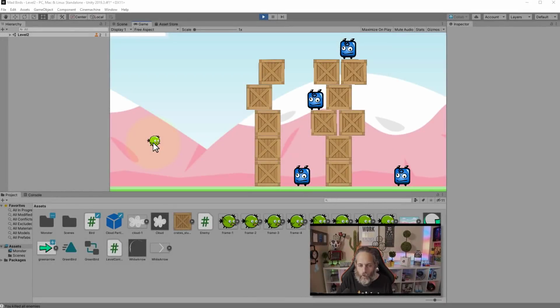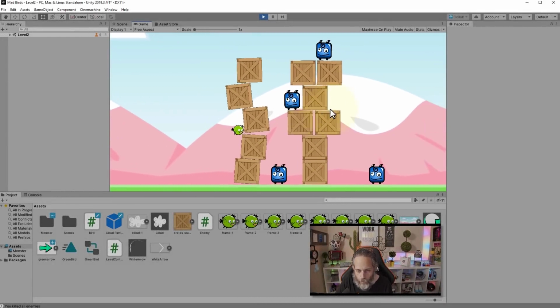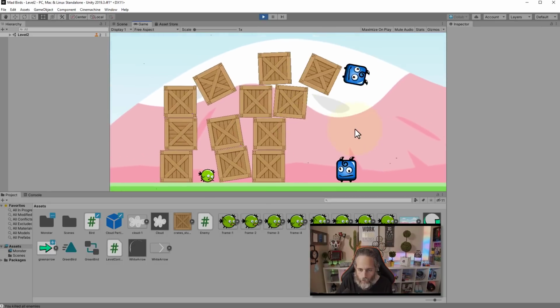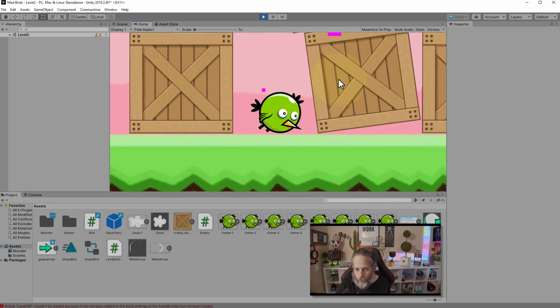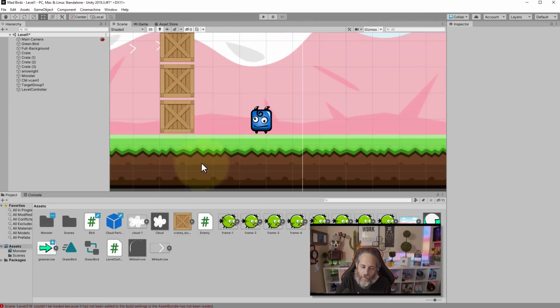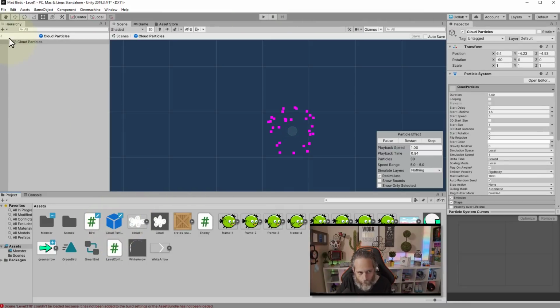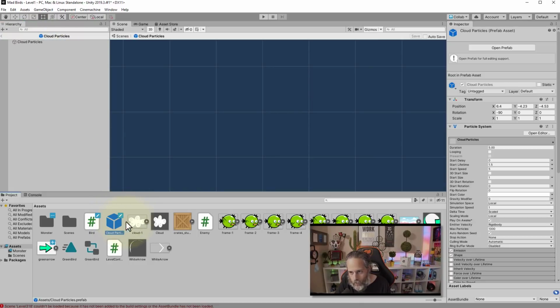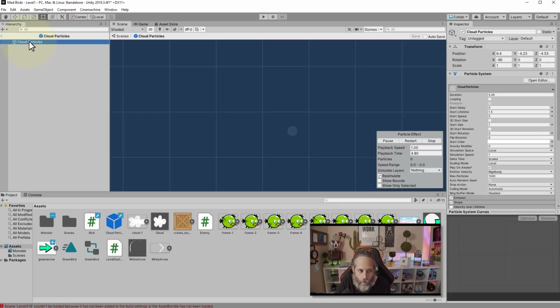Now, when it comes to particle systems, I've seen people have a little bit of a problem getting their clouds showing up right. So they're getting these purple squares or something else. Now, to fix that, we need to go into the cloud particle prefab. I'm going to go open it up, and I'm going to make sure that I have this one selected, not this one down here. It's kind of weird because when you're in the editor, if you select this, you'll get this inspector for that prefab asset, but I actually am in the prefab edit mode, and I want to select